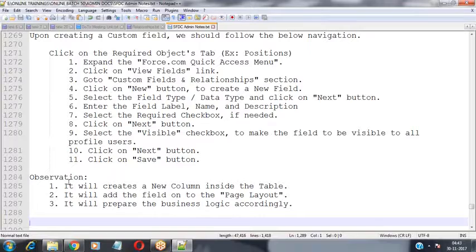Because for every application, as we have already discussed in the past, every application has three layers: the front end, nothing but the user interface, the business logic, and then the database layer. All these three layers will be getting updated in one shot. So there is no need to design the user interface manually, no need to design the business logic manually. Whenever we add a column, it will automatically add that field onto the user interface. Now let's see how we can do this. Now let's see practically here.